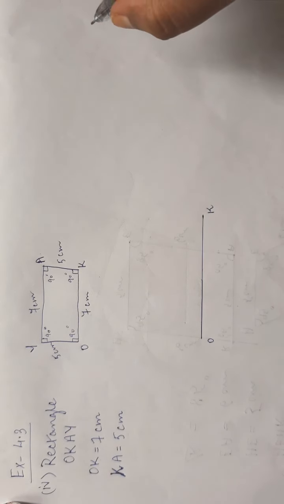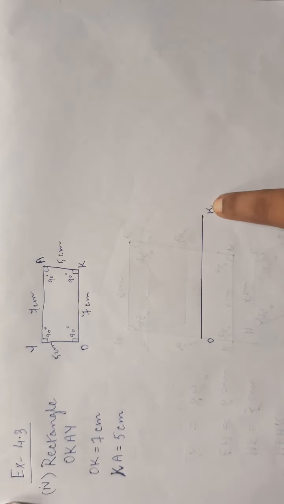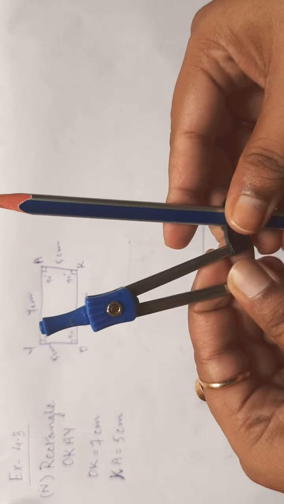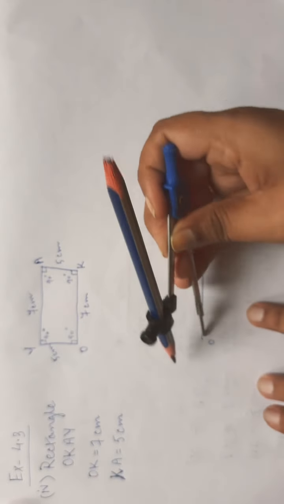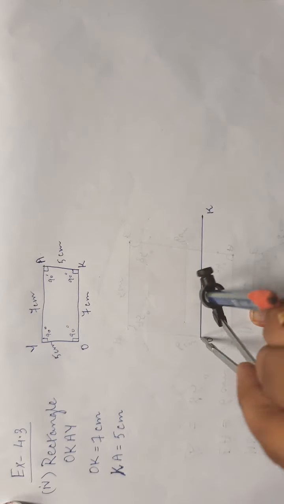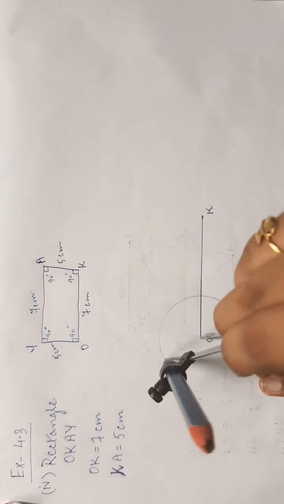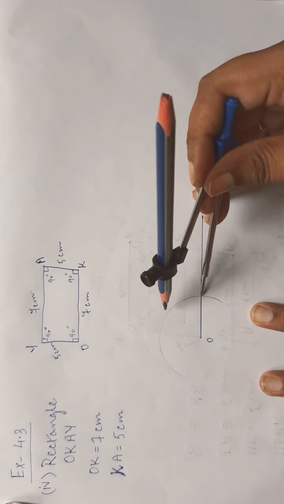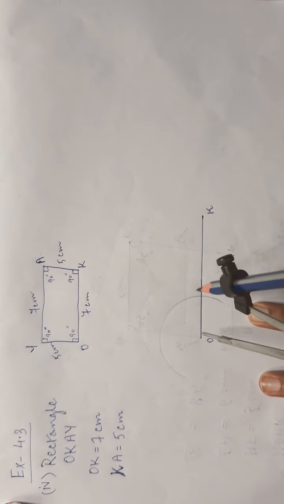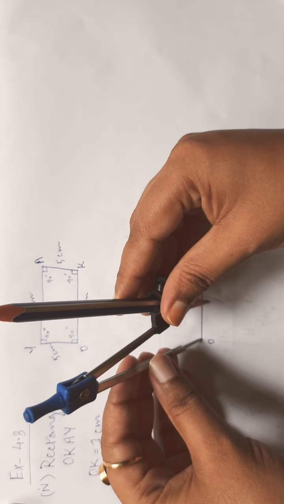Now children, what we will do is, here we will draw a 90-degree angle and also here we will draw a 90-degree angle, with the help of a compass. Do not draw with the help of a protractor, we will draw with the help of a compass. So taking the point here, children, we all know how to draw a 90-degree. From this point we will draw an arc taking any radius.